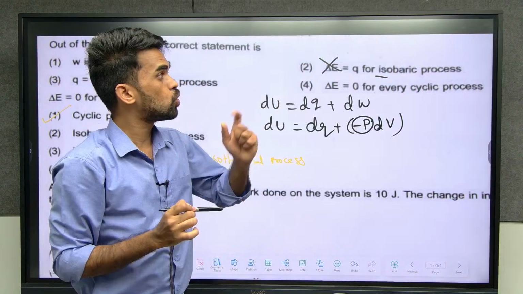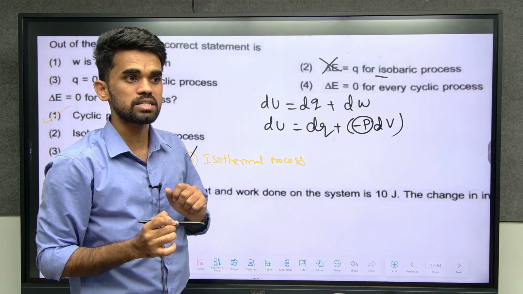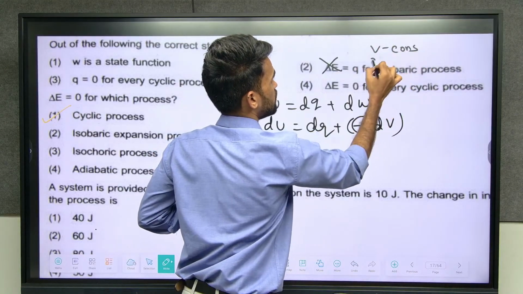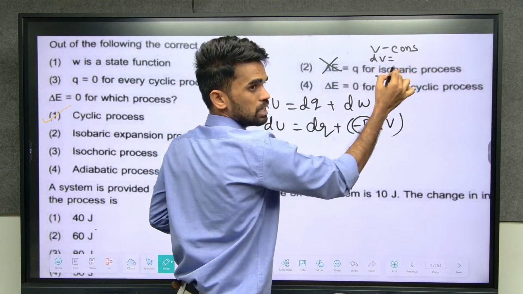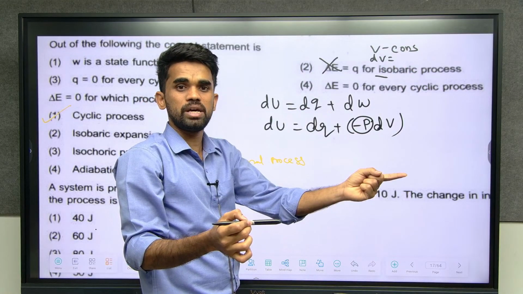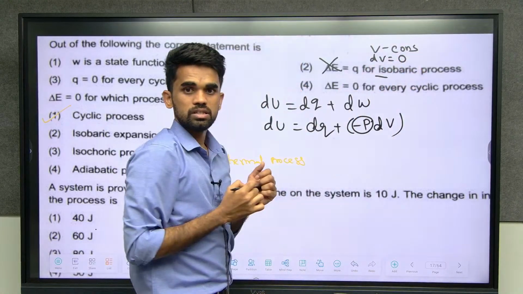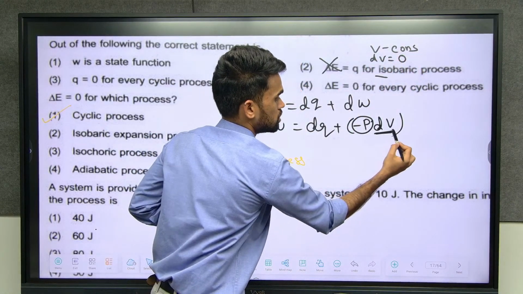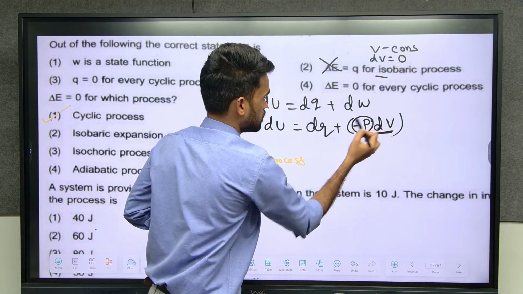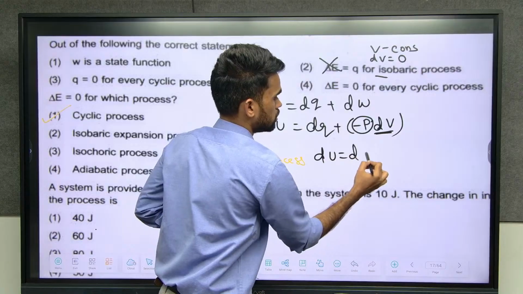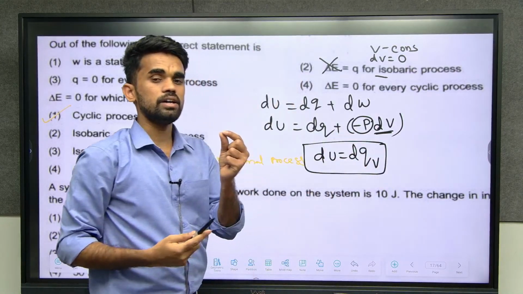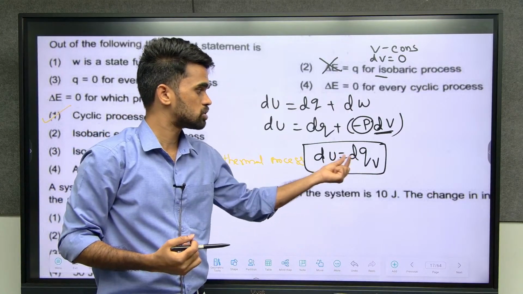If I say isochoric process, isochoric means what is constant? If V is constant, then change in V will be 0. If a particular term is constant, then the change is 0, so dV becomes 0. So this term becomes 0, something into 0, so this term completely vanishes. So du equals dq at constant volume. So during isochoric process, dq equals